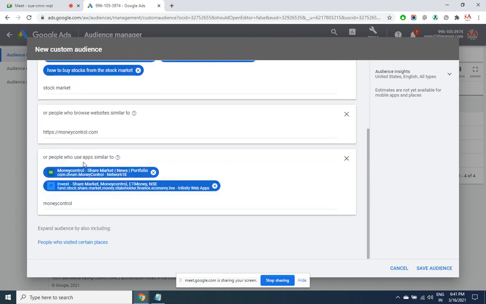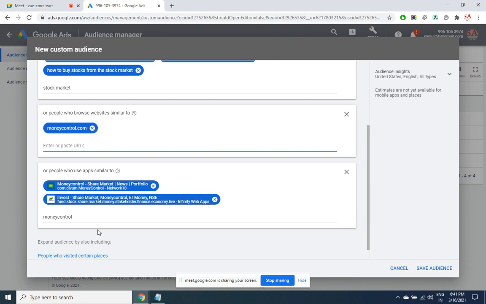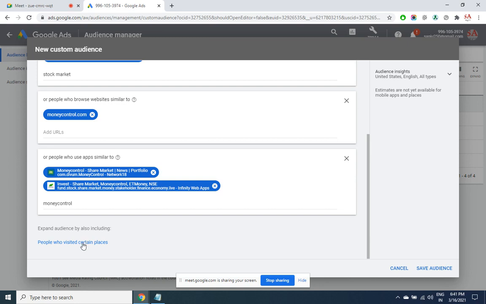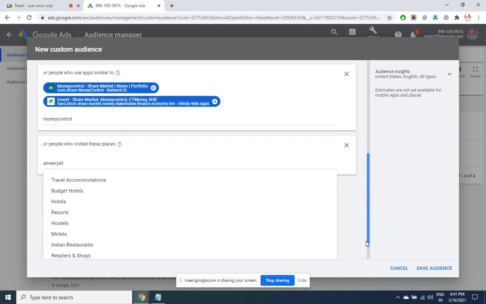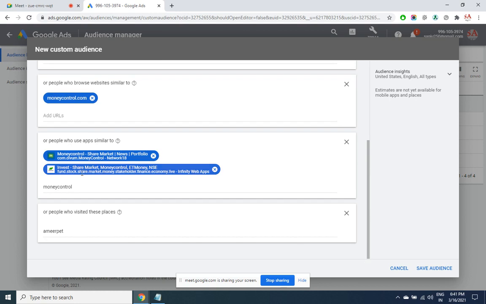Okay, so multiple apps you can select, multiple websites can be selected like this. Okay, or people who visit certain places, location. Okay, this is according to category.